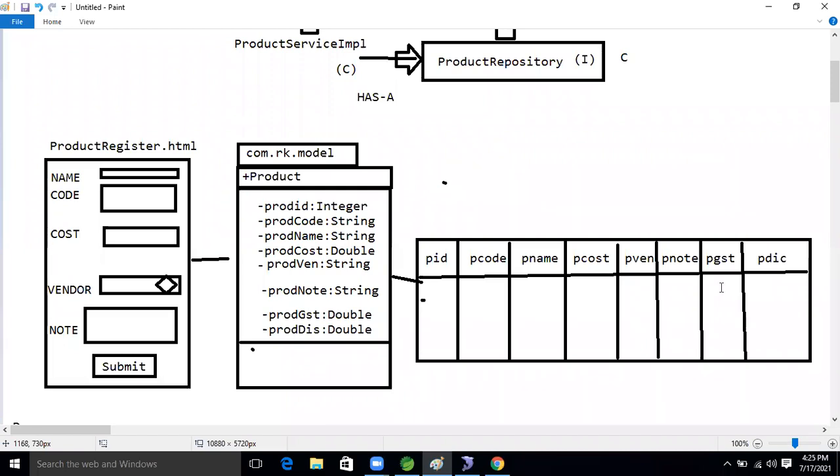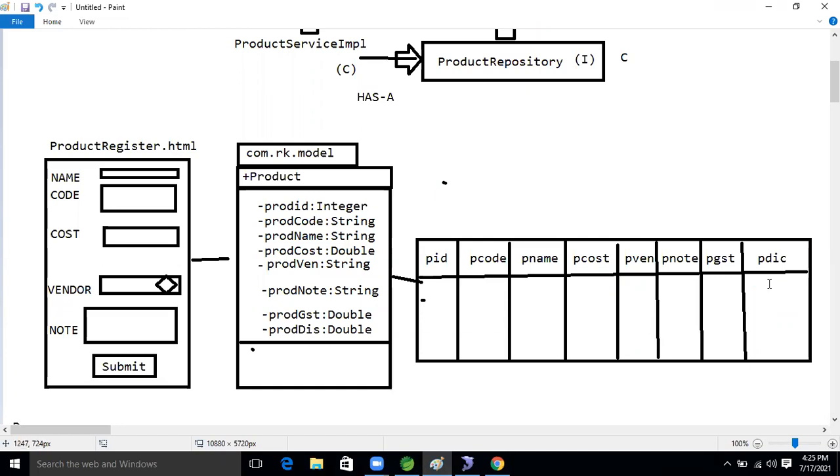Our actual amount will be stored. Listen. In the actual amount, whatever GST you are paying, that GST charge will come, as well as whatever discount is there in that amount, that discount amount will be stored in different rows. This logic I'm going to perform, Jubi.